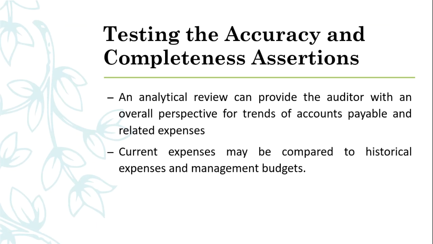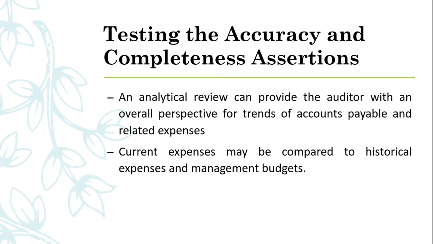Testing the accuracy and completeness assertions. In this case of the expenditure cycle, an analytical review can provide the auditor with an overall perspective for trends of accounts payable and related expenses. This is to have an analysis of the changes of these accounts from period to period. You can also compare current expenses to historical expenses and management budgets to note any unusual trends or variances